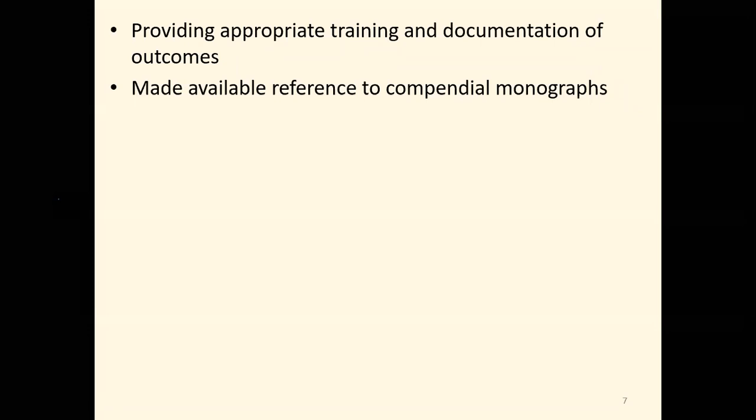Then the next is reference to the compendial monograph. Whichever is available, they have to give the reference of the international, British, US or European pharmacopoeia. Reference means from where they carried out that test, or where that test is official. If it is international, they have to write international. If it is US, then they have to write United States Pharmacopoeia.